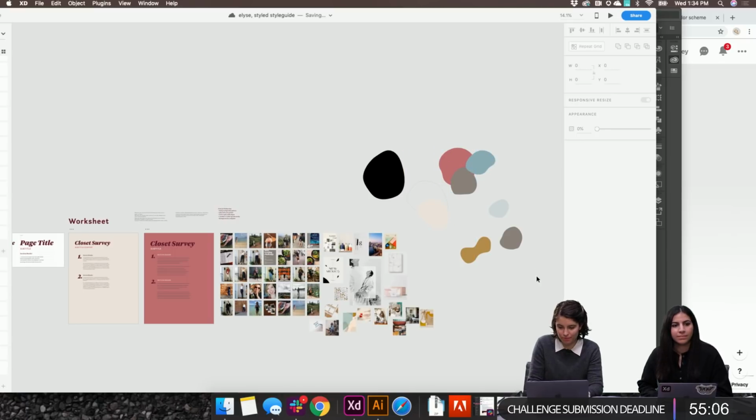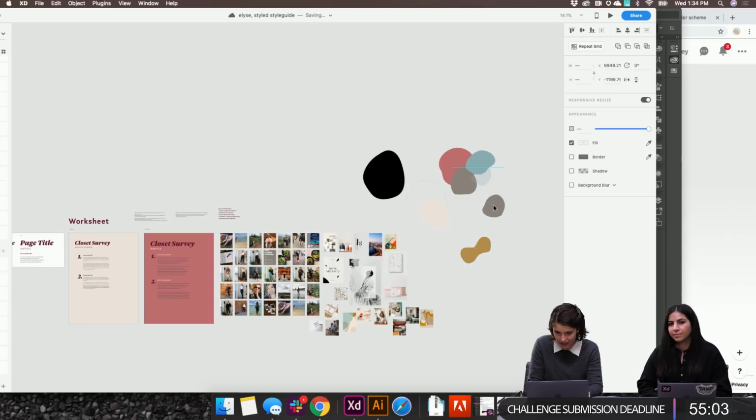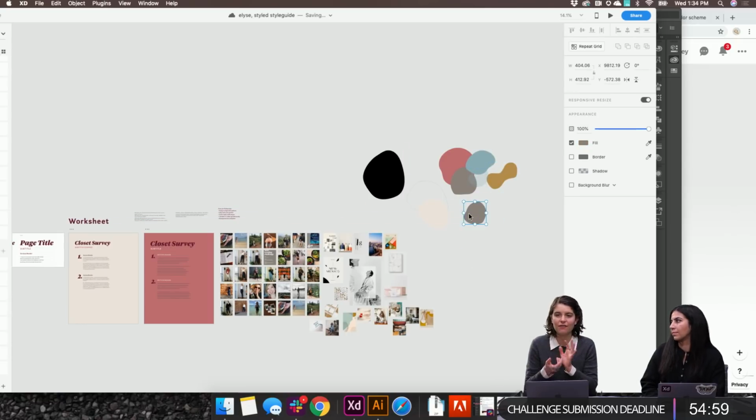Okay, so I'm pulling in my shapes over here, and I keep being drawn to the idea of pebbles, like really big pebbles or flagstones fitting together and playing with the scale of that.